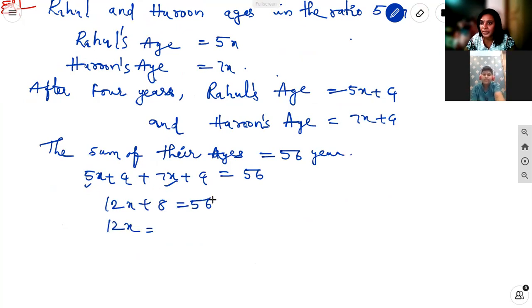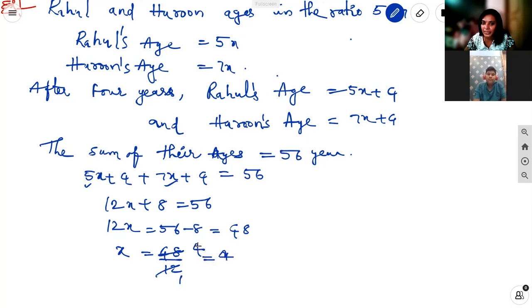12x equal to, the constant is taken to the right side, that is 56 minus 8 equal to 48. Again 12 is the multiple of x, taking it to the right side it becomes the denominator, that is 48 upon 12. 12 ones are 12, 12 fours are 48. x equal to 4. Here x equal to 4 means now Rahul's present age